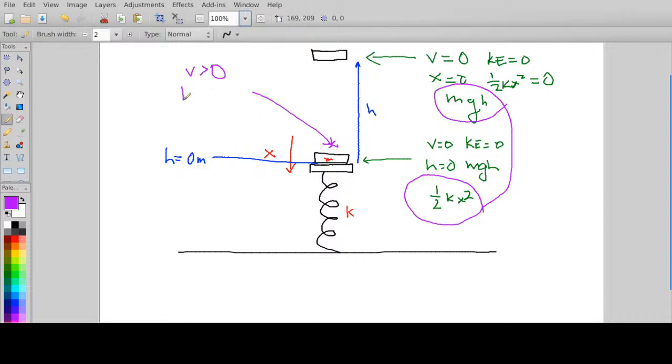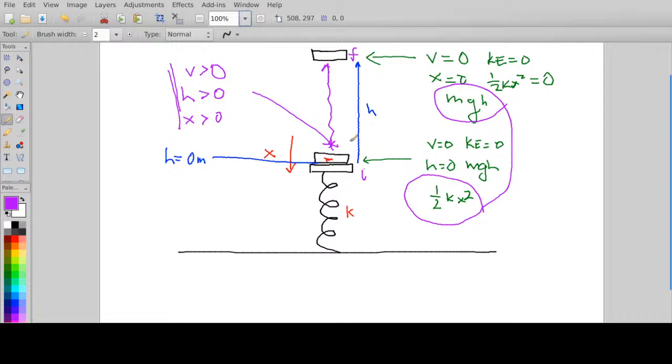Okay, the height is no longer 0, because it's moved up a little bit, and maybe the spring hasn't even finished uncompressing, and so at some intermediate point it could have all three energies, and so it could be very complicated. So the intervening dynamics here could be very complicated, but if all you're worried about is an initial down here and a final up here, without concern about the middle, it actually turns out to be a very easy